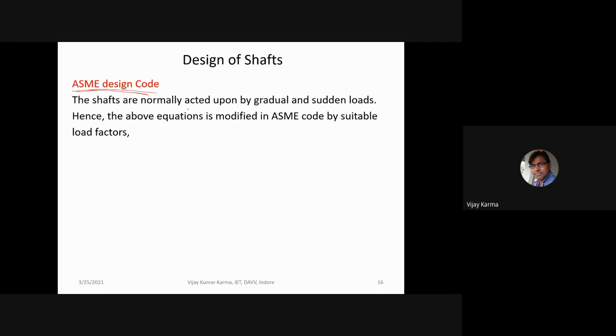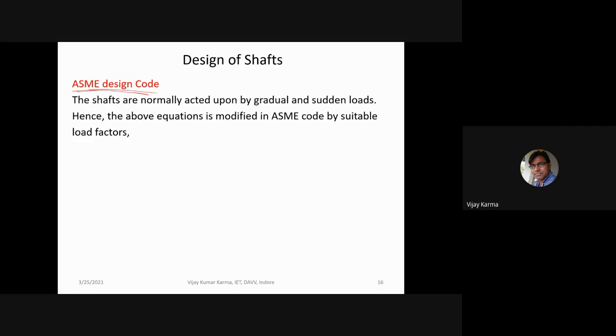Since the shaft is subjected to gradual or sudden loads, there are instances when the load is gradual or when a sudden load is acting on the shaft. To take care of such situations, ASME has given a code and modified the equations accordingly